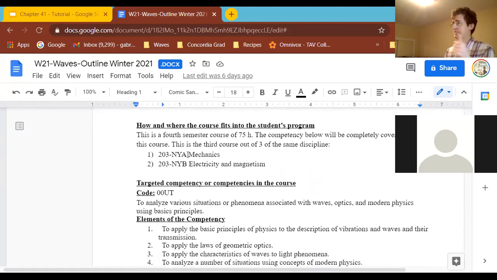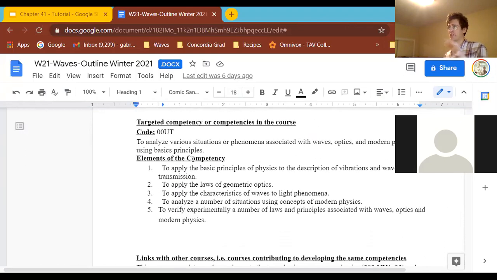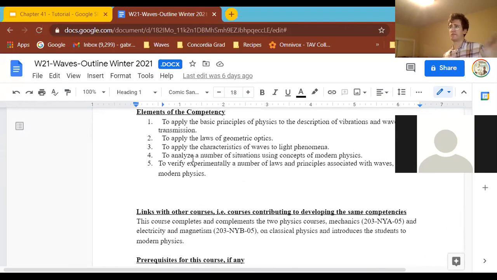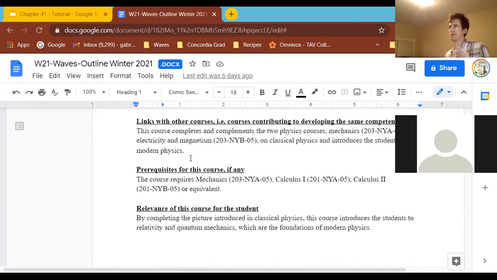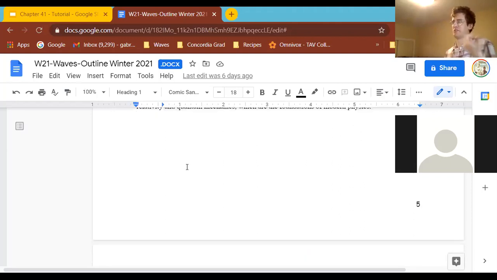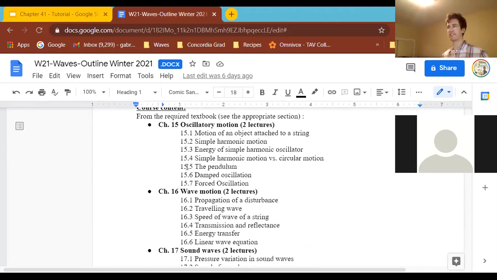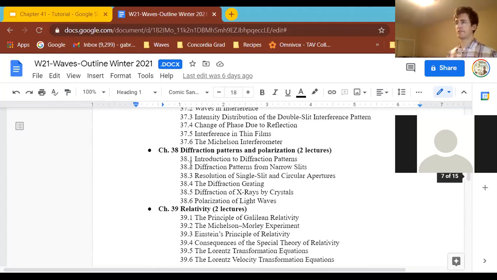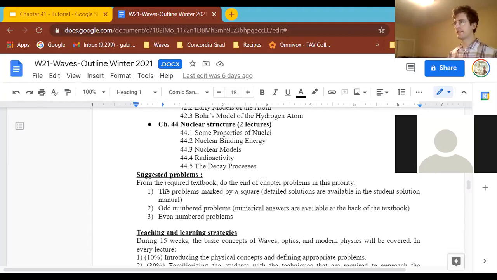There's probably going to be more questions from relativity, from the chapter 40 stuff from the first midterm, maybe 2 or 3 questions from the second midterm, since we already did it not so long ago, so not too much emphasis on that. But if we look at the course outline,